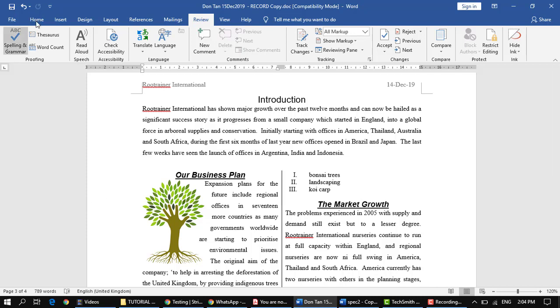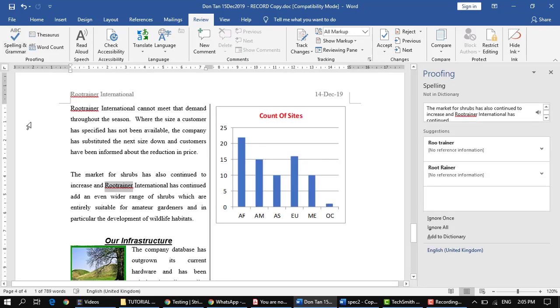Go to the ribbon tab here and click on Review. On the left hand side, there's the spelling and grammar function. You can click on it, or you can activate the spelling and grammar check by pressing the F7 key. Okay, now